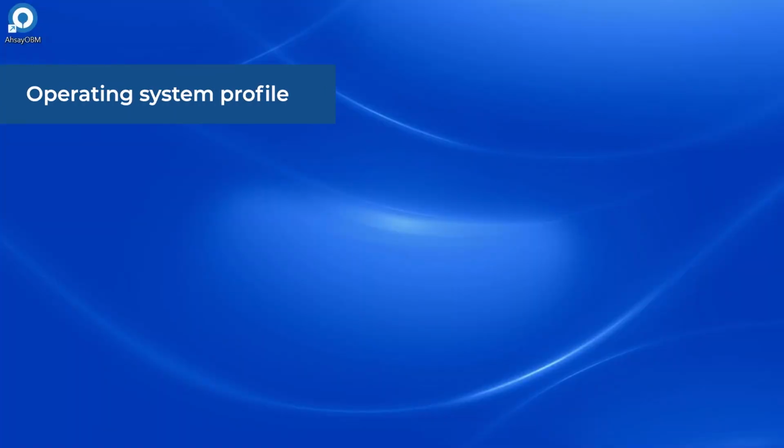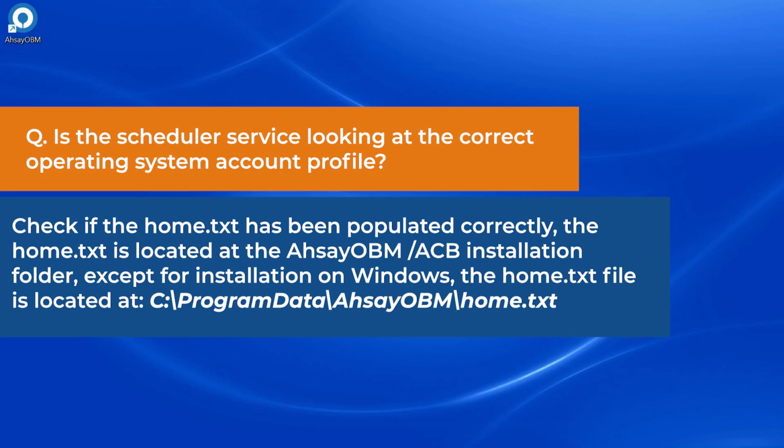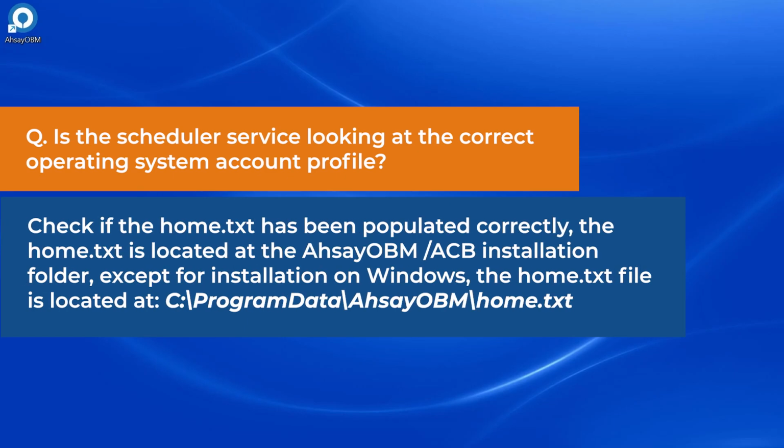Operating System Profile. Is the scheduler service looking at the correct operating system account profile? Check if the home.txt has been populated correctly. The home.txt is located at the AhsayOBM or AhsayACB installation folder. Except for installation on Windows, the home.txt file is located at the following: